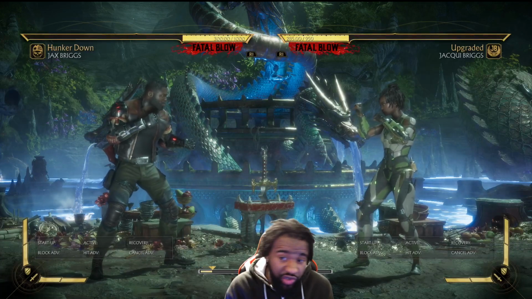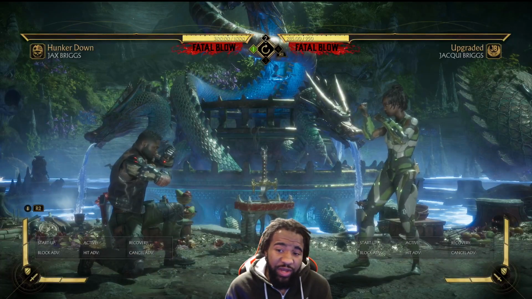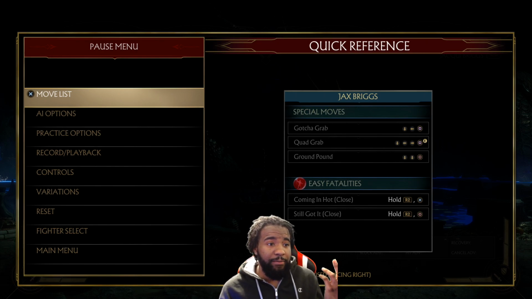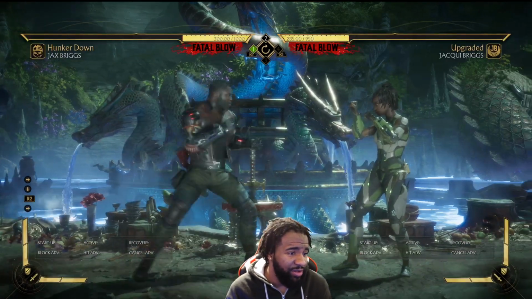Only off of this string. Only off of this string you can flawless block that. 4-1-2 into Bionic Leap into Shrapnel Blast is flawless blockable. And then you can punish her for it. Jax probably has a terrible flawless block up 2 in this situation, so he might get clipped a lot. But you can flawless block this on her way up. And then she gets punished for it too. So I can do...